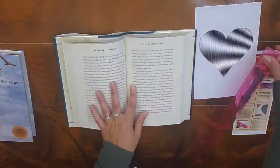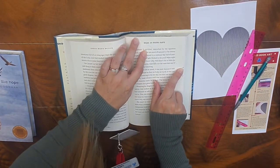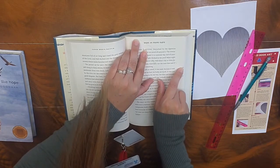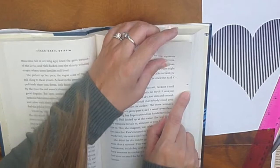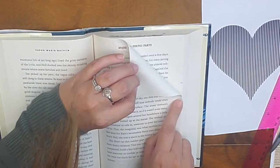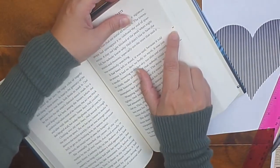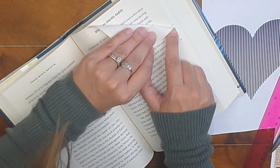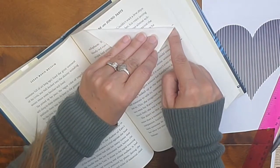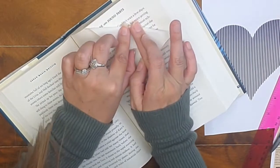Okay, so now we fold along that line and make sure that the ends end up on the knife point and the pencil mark. So we're gonna fold it down, and you have to pay attention, because a lot of times you'll go over and you're looking at this one and it's the wrong one, because I did that before too. So let's see if I can make you where you can see this. So fold there and way out here, and see, because you have that little nick, it kind of folds it for you a little bit,